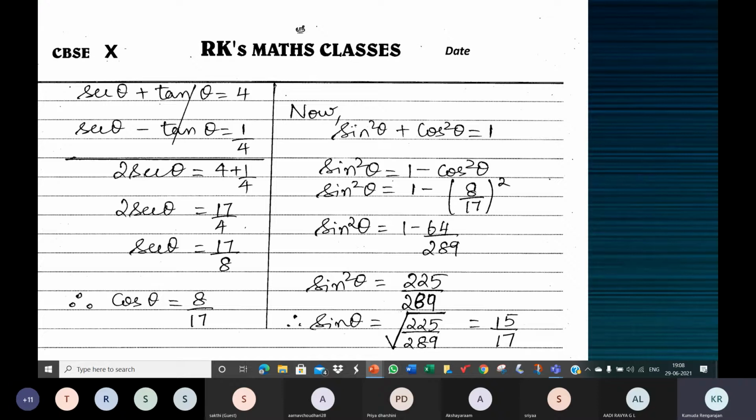What is cosecant square theta? Minus cot square theta, and cot will be the reciprocal of tan. Substitute that, so you will get cosecant theta. Once you get cosecant theta, the reciprocal is sin theta. So there are different ways in which you can get the result. Like Shreya said, we can find secant theta, tan theta, and then sin theta. Finished. Like we did yesterday. So you can go about using different ways.